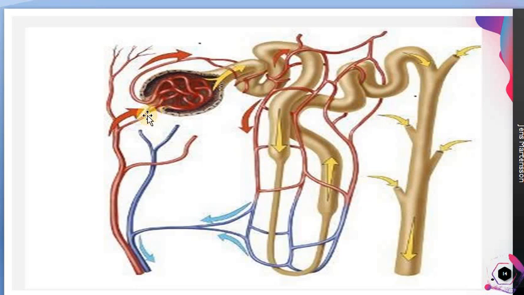And this arteriole, as it is approaching the glomerulus, as it is entering into the glomerulus, we call it the afferent arteriole. Afferent means approaching. Okay, afferent arteriole. So what is the name of this artery? Renal artery. From where does this come? It comes from the aorta. So first aorta and then renal artery, and this is the afferent arteriole. Okay, this is the afferent arteriole, right?